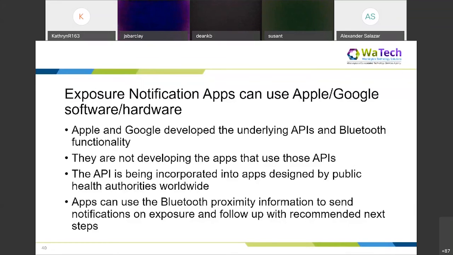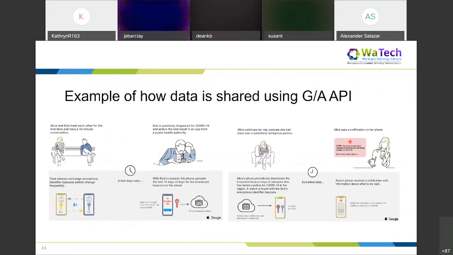So with next steps of what to do, the apps are really intended to help people get information about what to do if they were potentially exposed. And some of the information collected, if you go to the next slide, is an example of how the proximity data that's using the Google Apple API works. So really it's just meant for two people that may be near each other. The example they have here are Alice and Bob, A and B, and they sit next to each other on a bench, or say you're in a bus or something with a lot of other people.